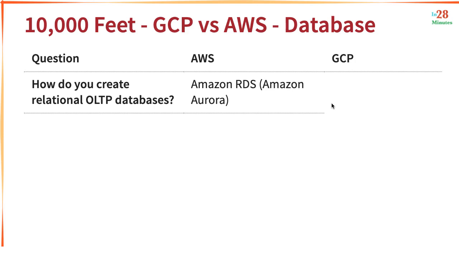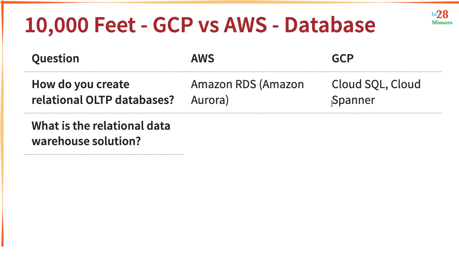Now, what are the corresponding services in GCP? The corresponding services in GCP are Cloud SQL and Cloud Spanner. If you want to manage a MySQL or PostgreSQL database in GCP, you can go with Cloud SQL. If you want a global database distributed across multiple regions, or if you're expecting huge volumes of data up to petabytes, or a huge number of transactions per second, in those situations you can go for a Google-specific database, which is called Cloud Spanner. So if you want a regional database in a specific region, you have low volumes, or you want to go with MySQL or PostgreSQL, you can go with Cloud SQL. For higher volume use cases, you can go with Cloud Spanner.